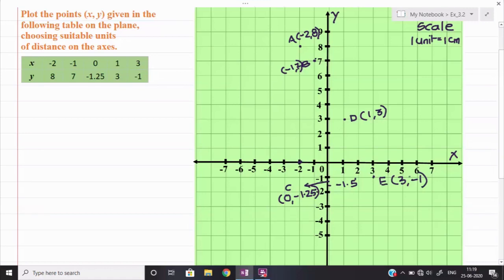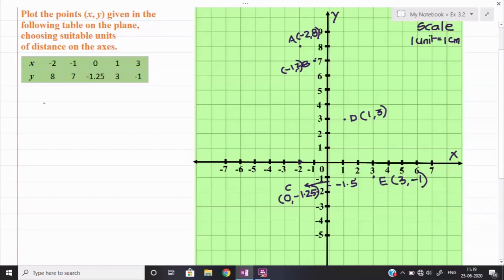So simply we just need to mark some of the points. If you don't like this method of marking the points directly, then you can draw the horizontal and vertical lines also. But remember, as time passes and you go to class 10, you need to learn this method only, because whenever we are plotting a certain number of points and some figures are going to form, like a square or rectangle, each and every time the horizontal and vertical line method will not work. So try to adopt this method.